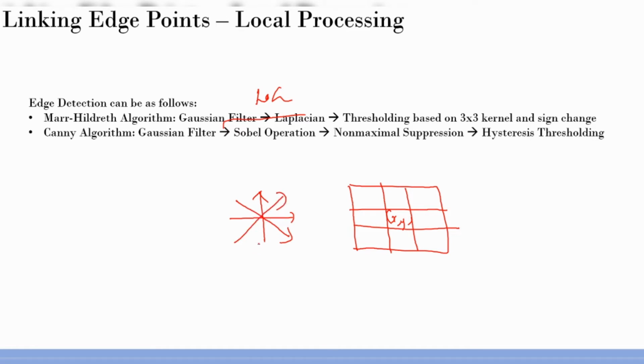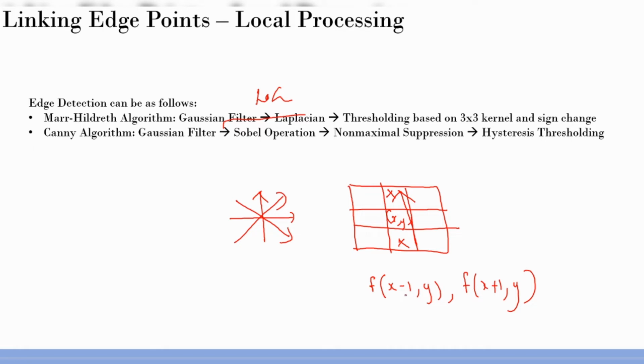Okay, so each of these directions is considered, and in each of these directions you look for any sign change with respect to this pixel. And if there is a sign change, not only that, the absolute difference between the neighbors should also be greater than a threshold. So let's consider one particular case. Let's say I'm considering this vertical case. You need to consider f of x minus 1, y, this one, and then the next one is f of x plus 1, y, which is this one, right? So you just need to see the sign change between these two.